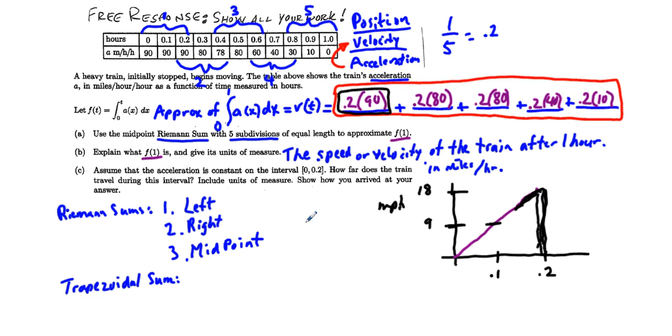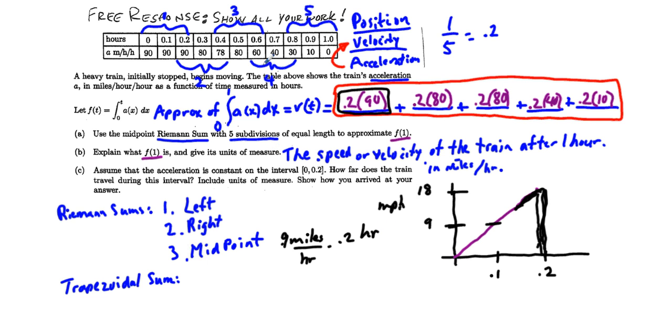Well, how far did we travel? If we have 9 miles per hour times 0.2 hours,